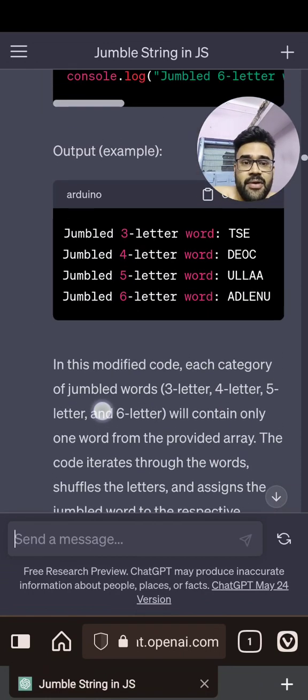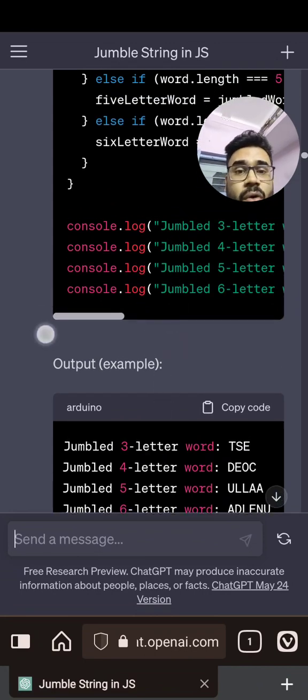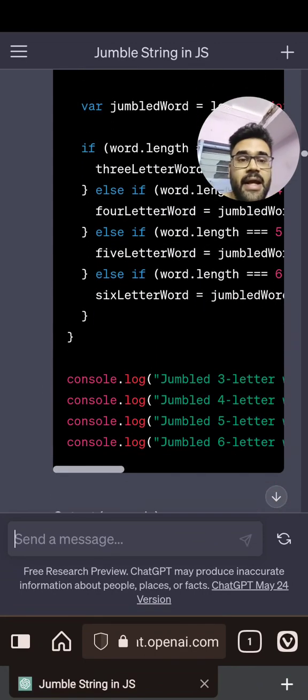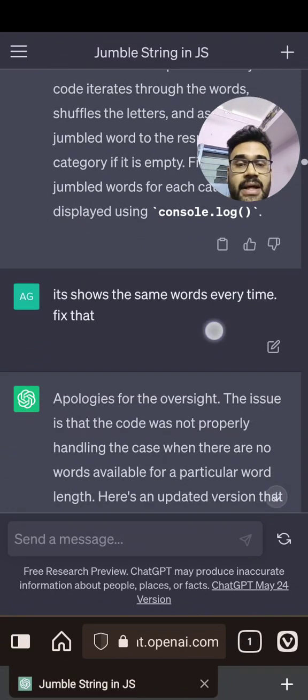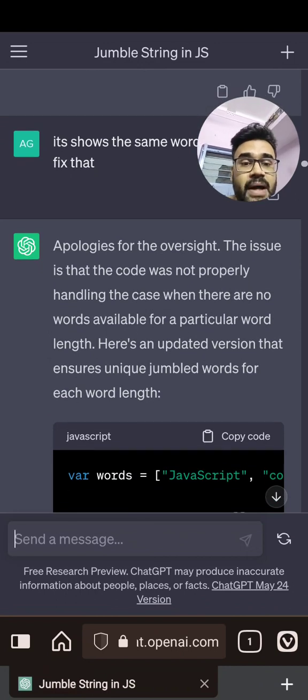And here you can see, though you cannot see it from here, that the code it made had an error. The error is that it is showing the same word every time, and I want to fix it. So I want it to show different words. I did not find out the problem, but it did it for me. And the issue is that the code was not properly handling the case where there are no